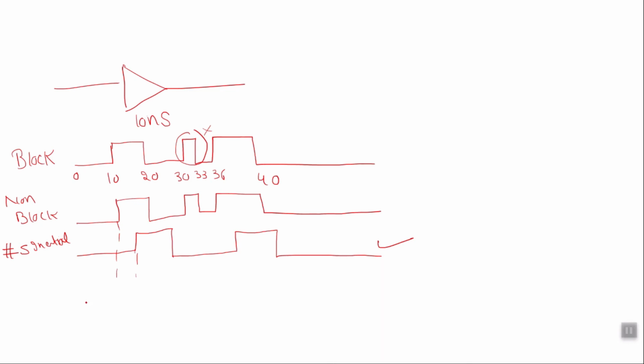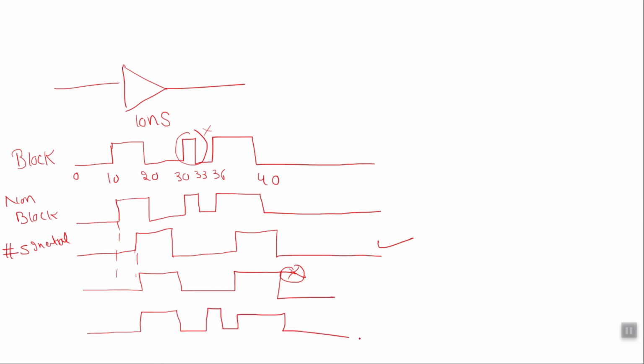So now you can see there is just a delay of 5 on the initial part, and the non-blocking execution works in a similar way, because if we take the transport delay with the non-blocking assignment, this glitch will be passed to our output, which we generally don't want. So that's why it's preferable to use inertial delay for combinational logic circuits, and transport delay for the sequential execution of our sequential circuits.